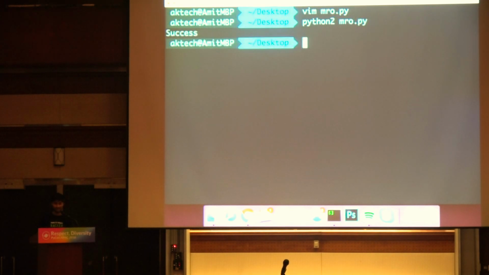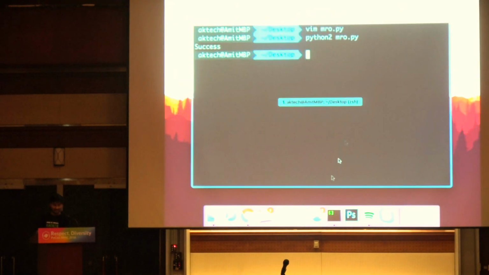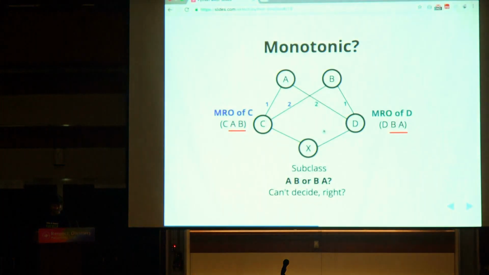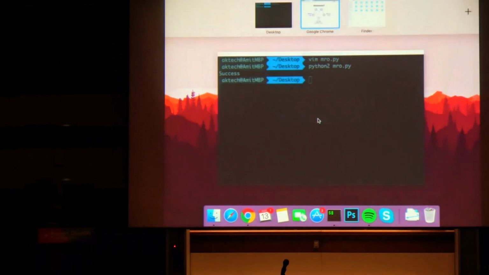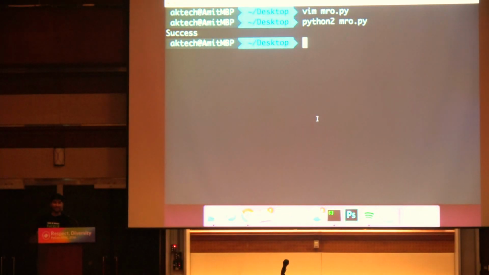It gives success. So we saw that this order is actually not monotonic, so this order doesn't make sense in the first place. But still, in Python 2, since we are using old classes, remember? Since we are using old classes, it doesn't have the new MRO, so it uses the old MRO. So it still creates an MRO which does not make sense, and it creates this order which it should not.